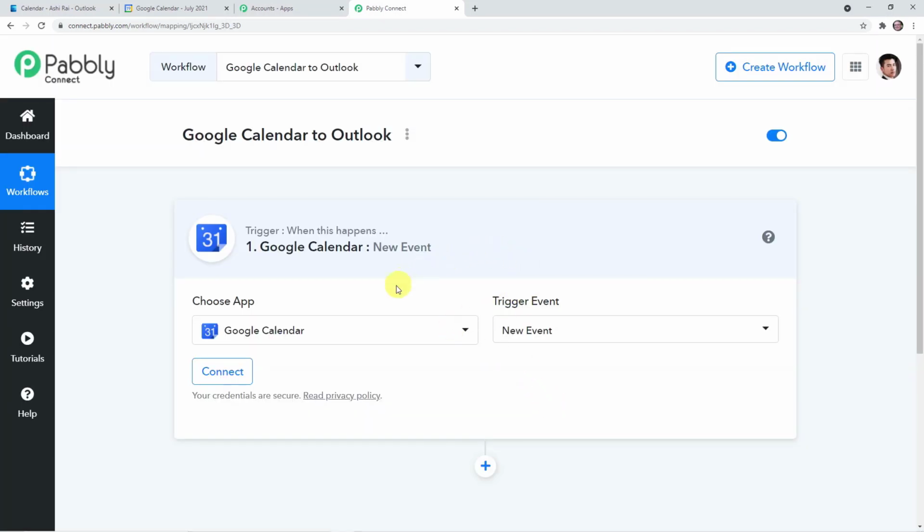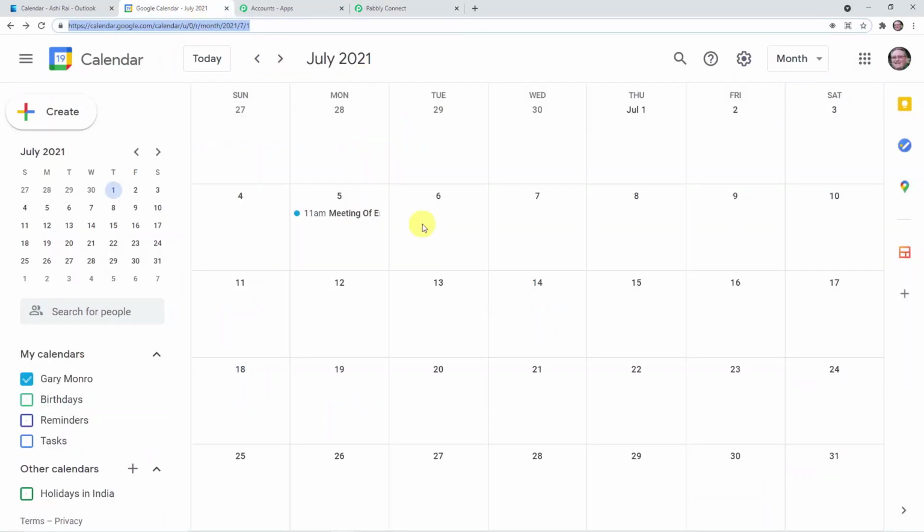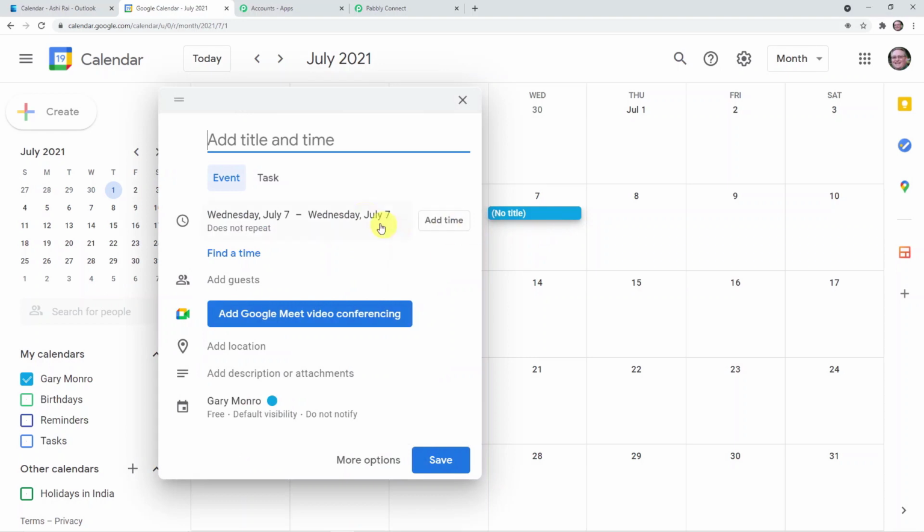Okay, now before proceeding, let me just go back to this Google Calendar and here I'm creating another event. Okay, so I'm telling you why I'm creating this right now. First of all, let's create the event that is teachers meeting.